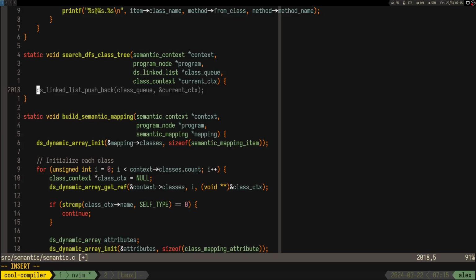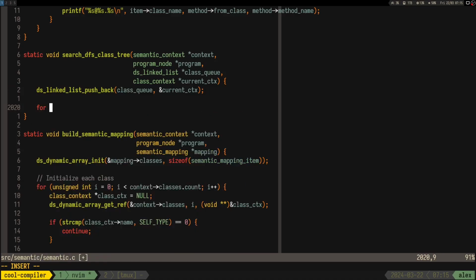And we can try to say, okay, because we can add it either here or in the for loop, right? So it doesn't really matter. But let's say we push it here, then we have a for loop